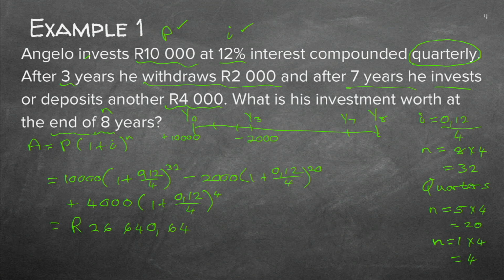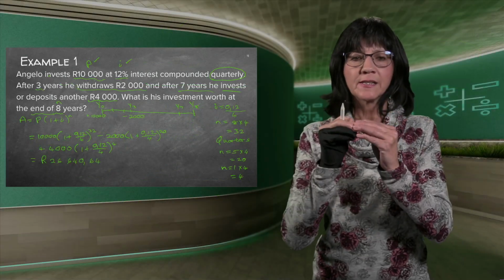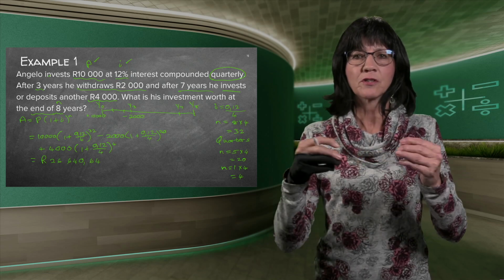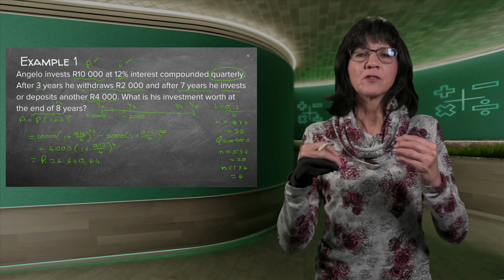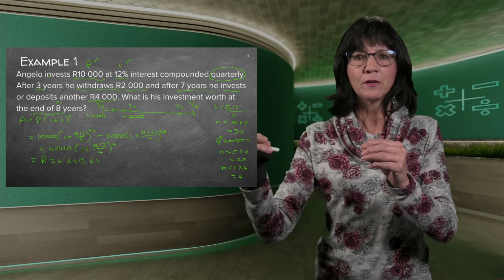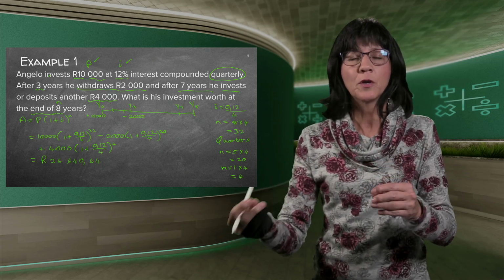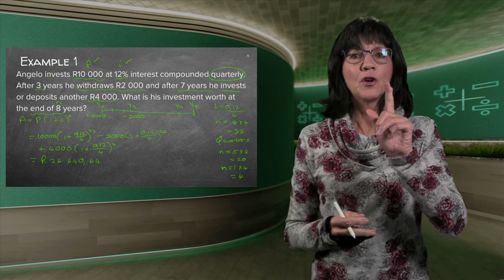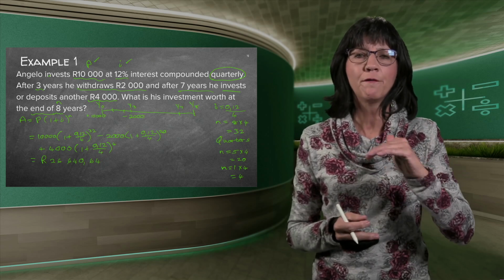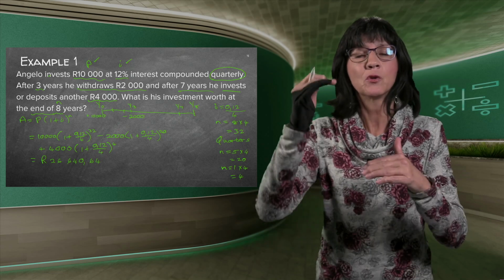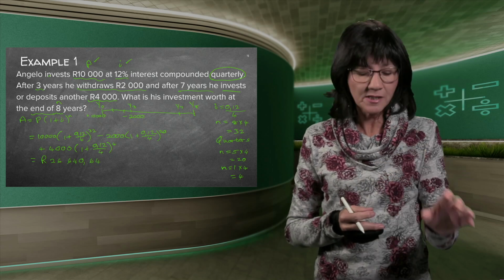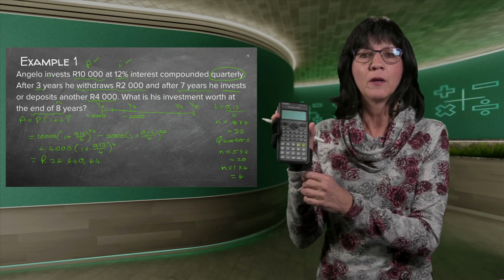Now let me just quickly explain again. If you did each one of these separately, if you did the 10,000 rand separately, and then the 2,000 rand separately, and then the 4,000 rand separately, and you took the amount of the first one minus the amount of the second one plus the amount of the third one, you get the same answer. But you're going to tend to round off each time. And by the time you get to the final answer, you'll be very far off with your cents or even rands, because you rounded off too many times. So if you want to use that method, you must slot every answer into your memory.